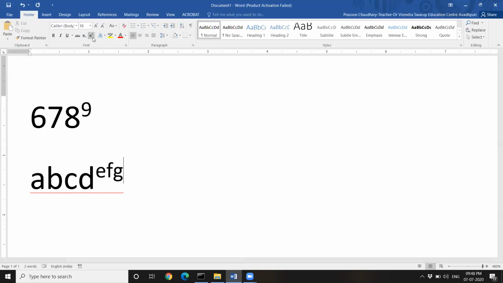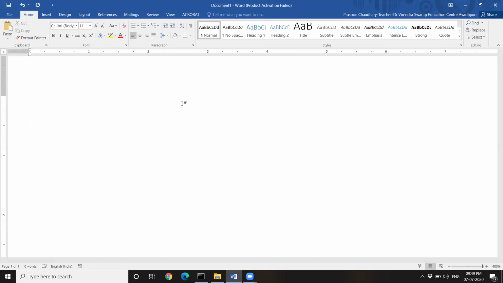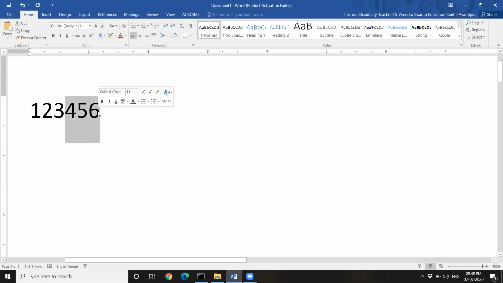Now subscript is just the opposite of this. Okay, now let's try. I'll erase everything, then we'll do it again. Now I am writing some number, whatever. Like I want 4, 5, and 6 to be subscript. That means I want them in the base. So I'll click and drag and select it first. And then just next to superscript, we have the option of subscript. I'll click on it. See, now it is there in the base. If I don't want it, I'll click it again. So I have selected, then I've clicked on subscript, and it comes in the base. So that is what is subscript.